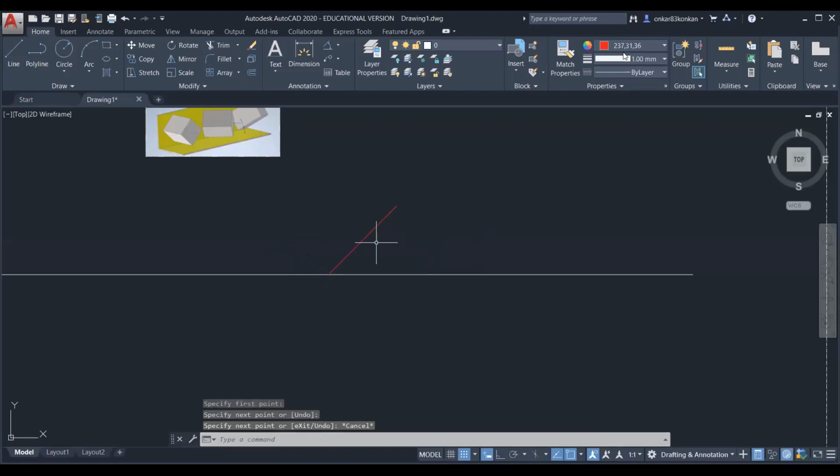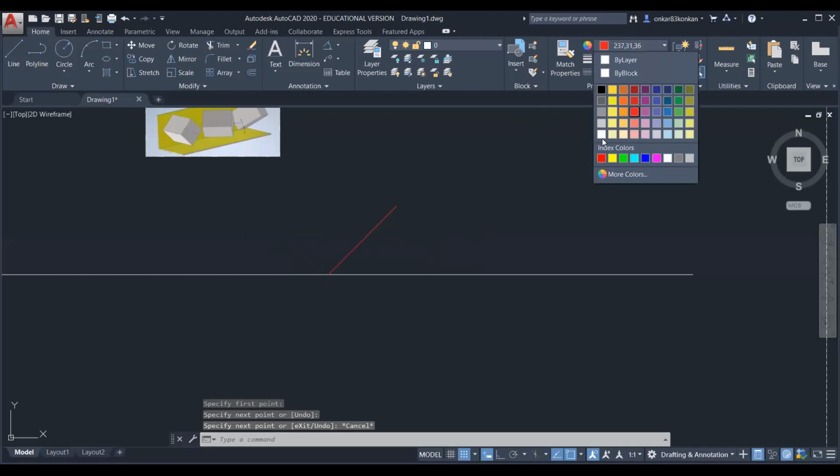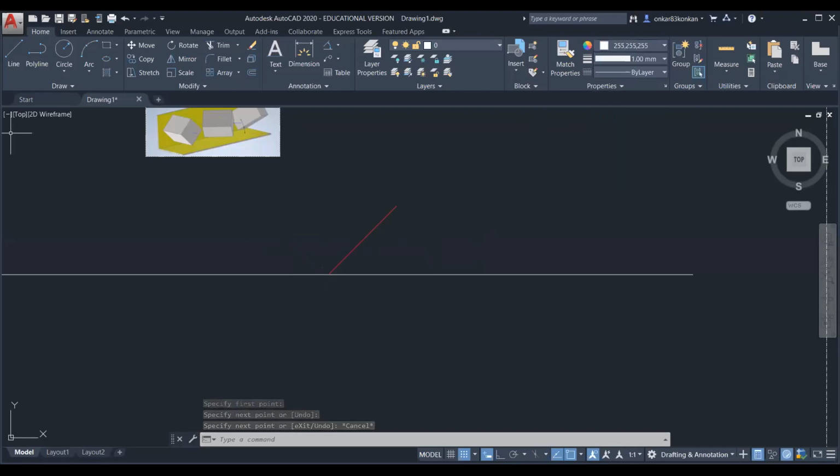On this line, you can draw one edge. The base edge is 40 mm. And then complete the square.